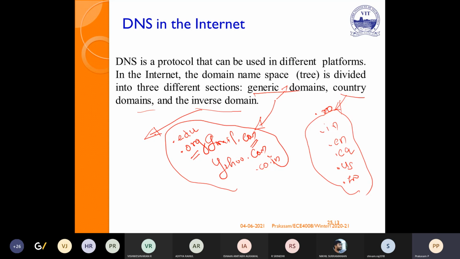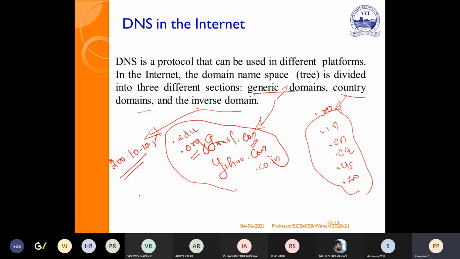That is the inverse, because from forward we are going backward: from name we go to an IP address, while inverse means from the IP address we identify the name. So the inverse domain is always represented using an IP address.